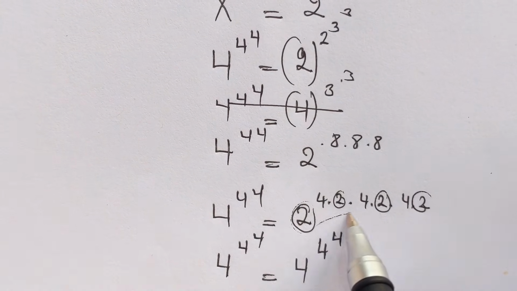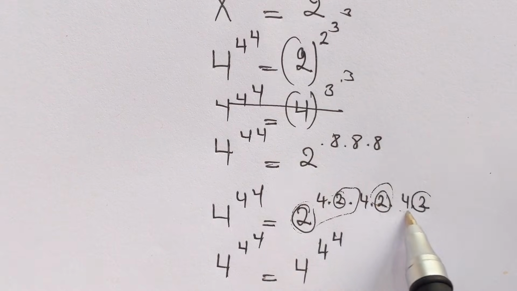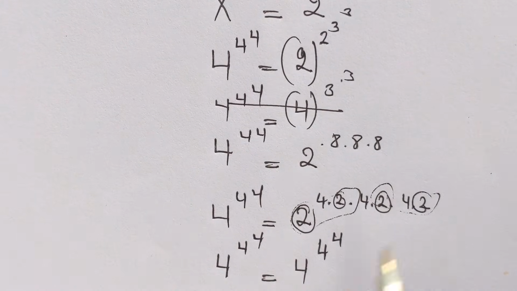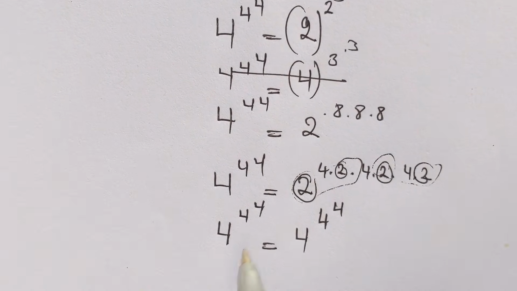Okay, have this which is equal to 4 and this which is equal to 4 and write 4 again. And this is our